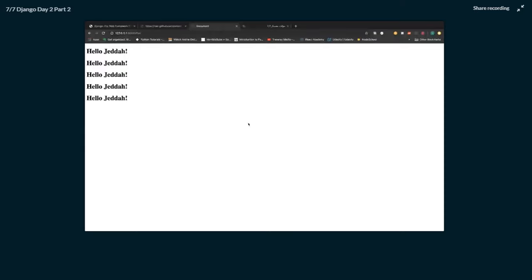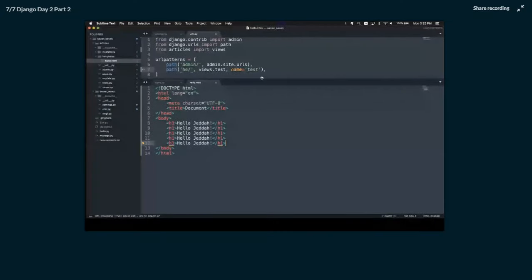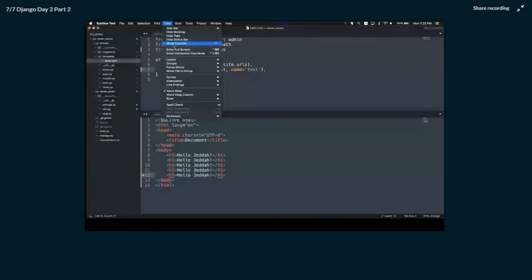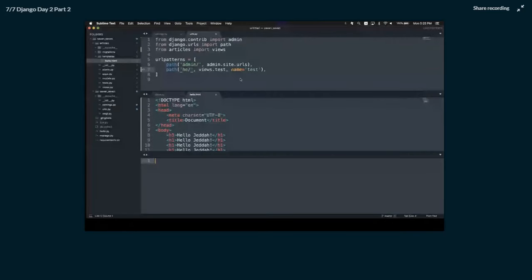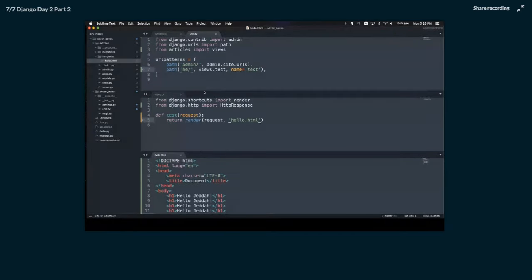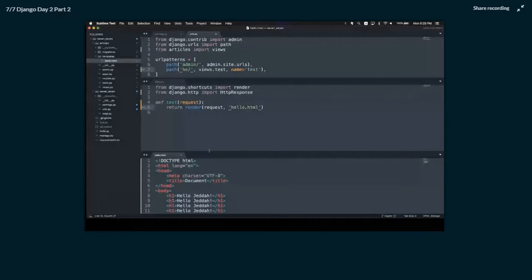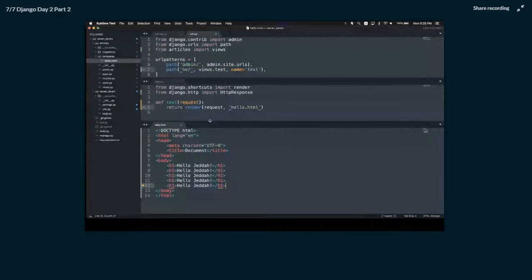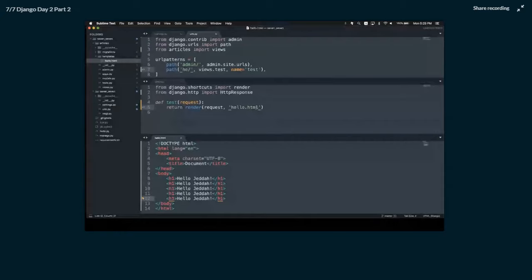So, if I try to do this, it's working. It's a lot cleaner than before, right? Let's view all files at the same time. So this is nice, but this is repetitive, right? I have to type hello Jidda multiple times, right? So right now,